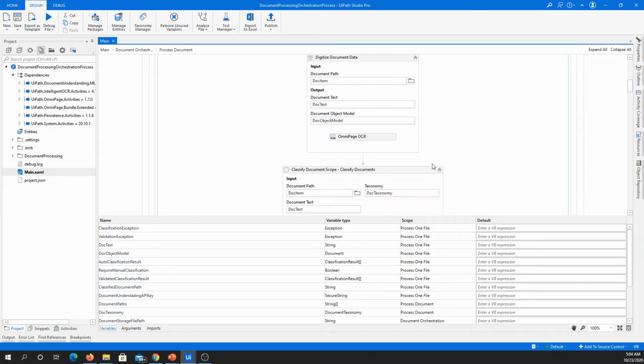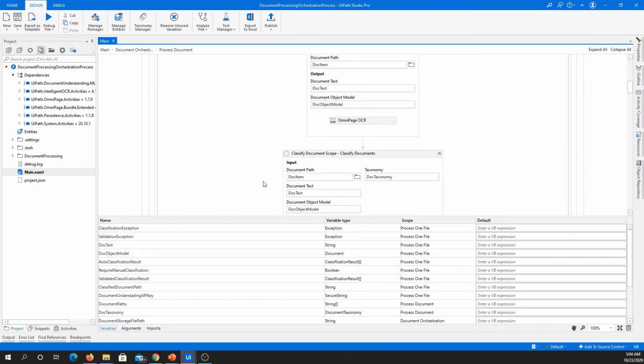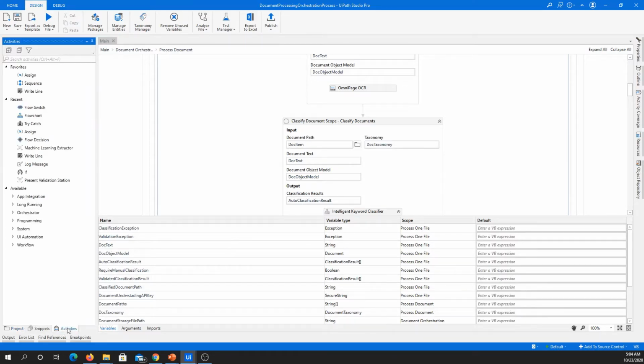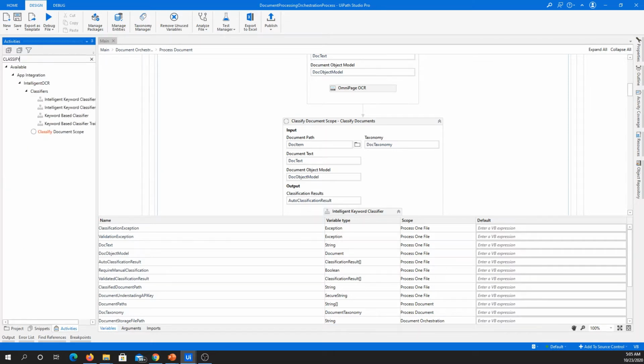Getting back to our classification, to start off we should start with the classify document scope. This comes as a part of the intelligent OCR activities. When you search for classify, you get a lot of activities. We are using the classify document scope. So drag it over here,